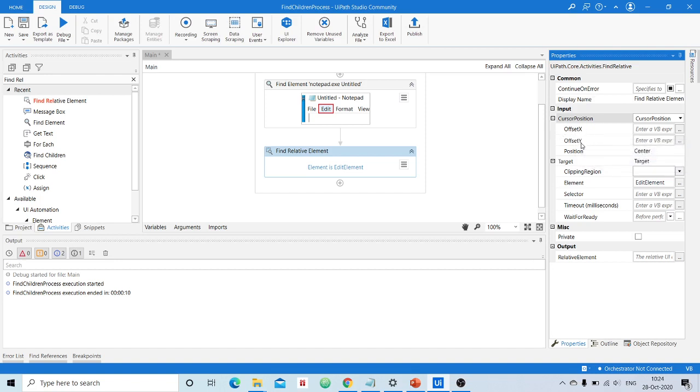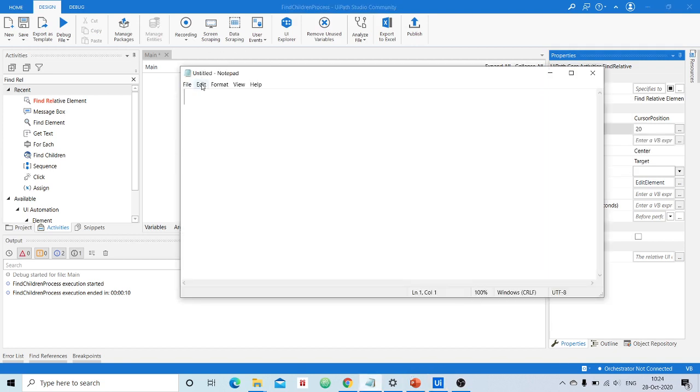Y for vertical control, X for horizontal control, and let us assume that it is 20 pixels far away. Let us be more simple. Format is the right side element with respect to the edit element, right side. That's why I'm giving some value called 20.